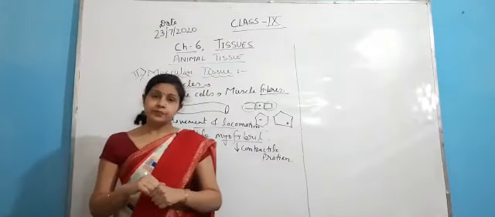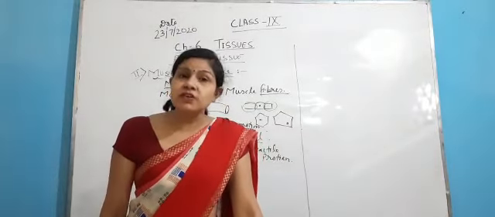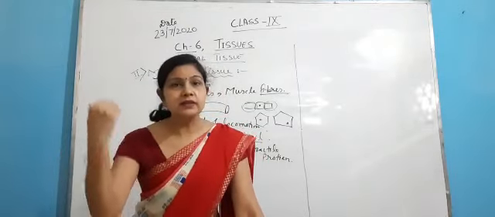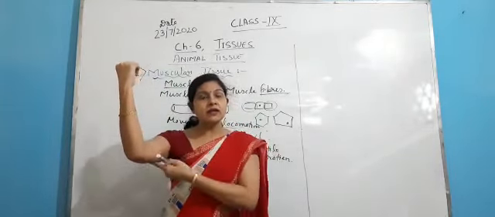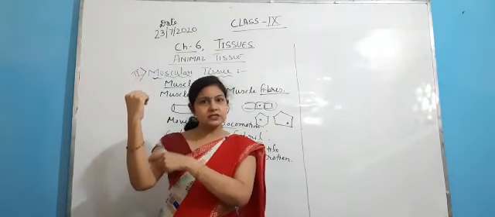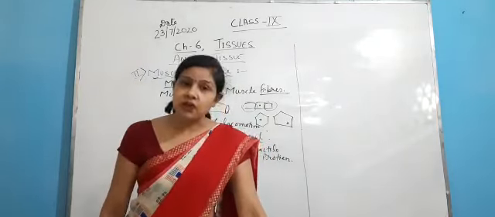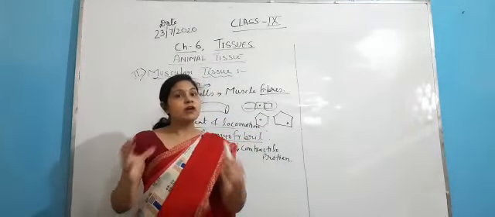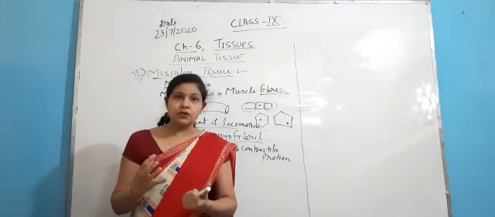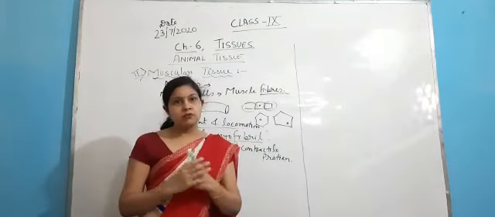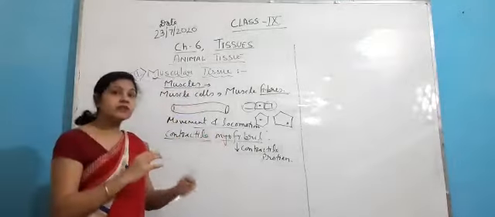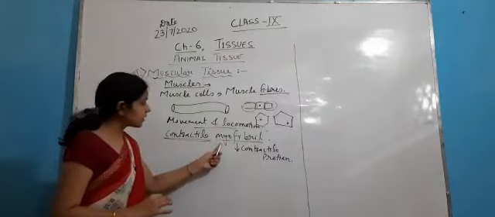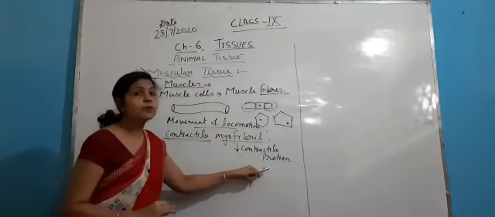Children, you have studied in class 6 that muscles always work in pair. When one muscle contracts, another muscle relaxes. Like the muscles of our biceps and triceps. You know that the upper muscles are called the biceps and the lower muscles are called the triceps. They always work in pair. Likewise, the other muscles in the body also work in pair. When one contracts, the other relaxes. So how do they contract and relax? They do so due to the presence of contractile myofibrils, which consist of contractile proteins.